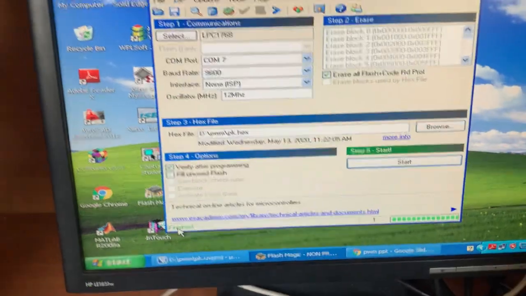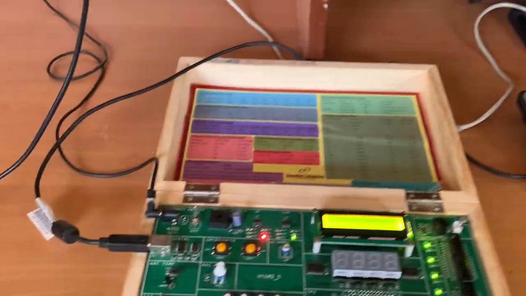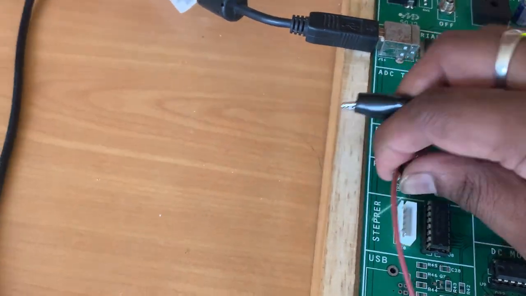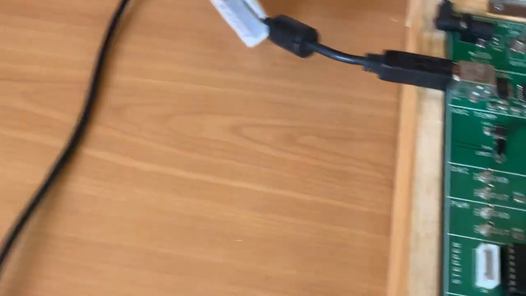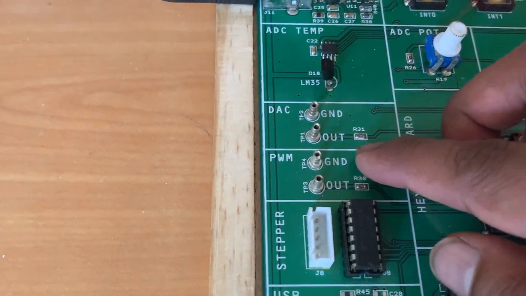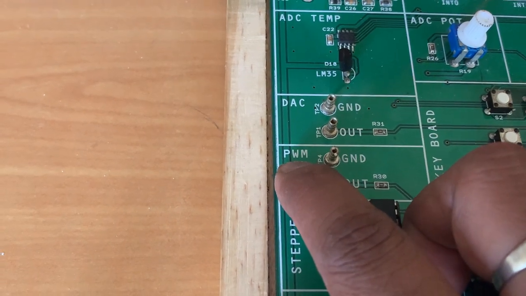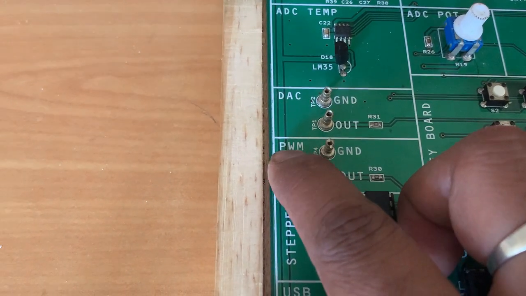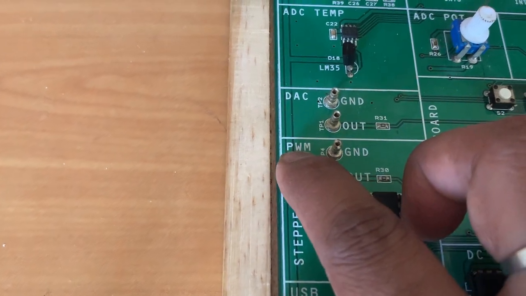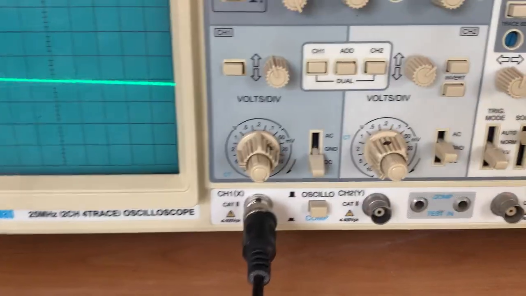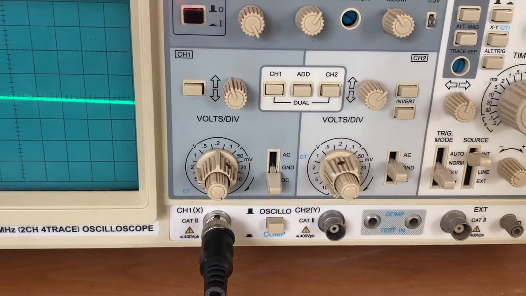Once finished, there is no need for any connections in the board, as the pins are given internally through the ICs. Here there will be an output and here a ground. You can see the company has written pulse width modulation here. Here you are supposed to connect your CRO probe to any one channel according to your requirement.